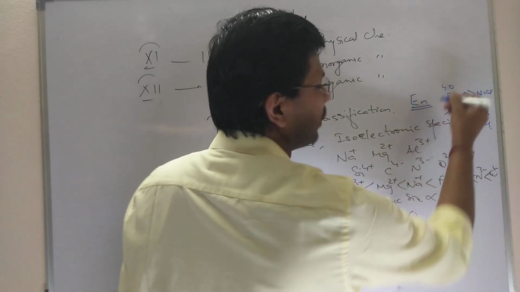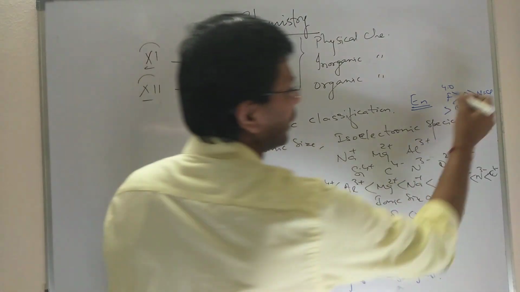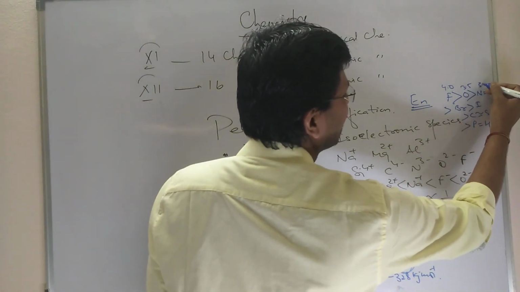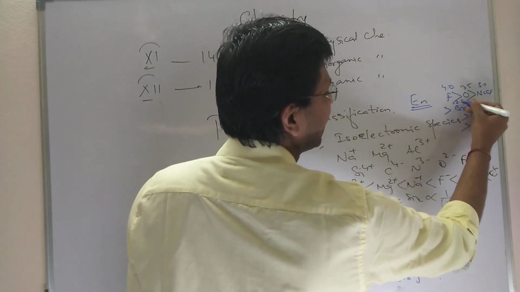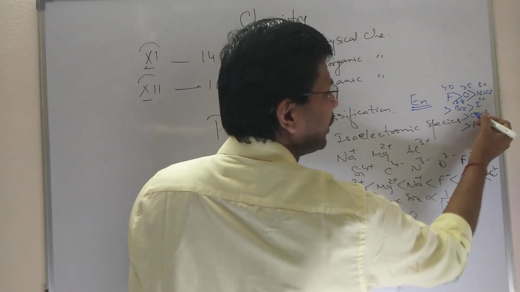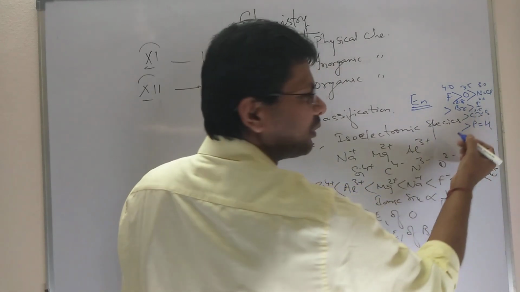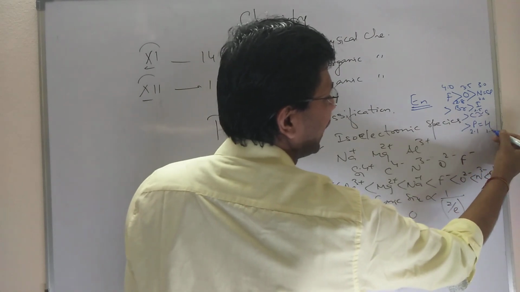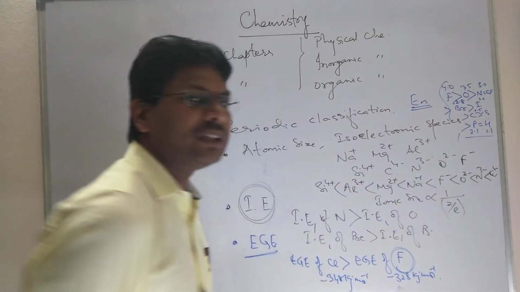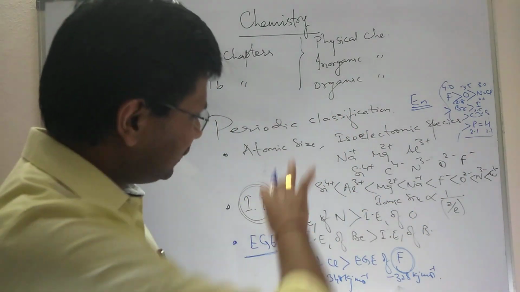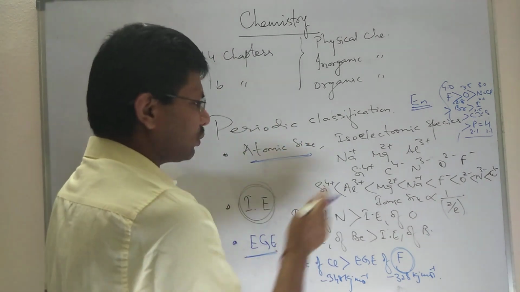So fluorine is 4 on the Pauling scale, oxygen is 3.5, nitrogen and chlorine are almost 3, bromine is 2.8, iodine is 2.6 to 2.5, carbon and sulfur are 2.44, phosphorus is 2.1, and hydrogen is 2. So if you can keep this concept in your mind, these 4 concepts, the atomic size including the